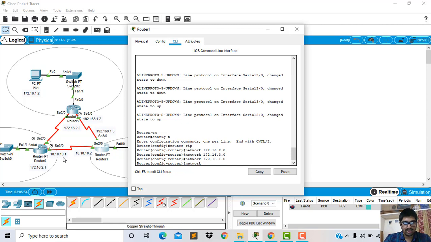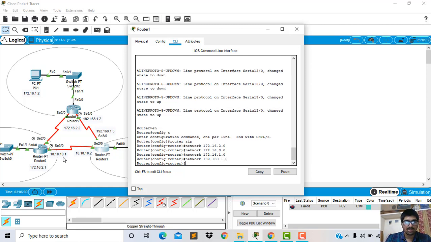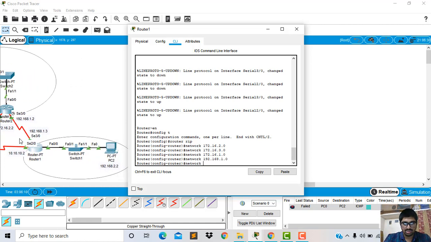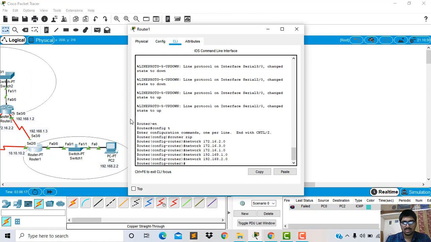We will add the WAN 2 network address 192.168.1.0, and we will add the LAN 3 PC network address, 192.168.2.0. Now we will add the 10.10.10.0 network.